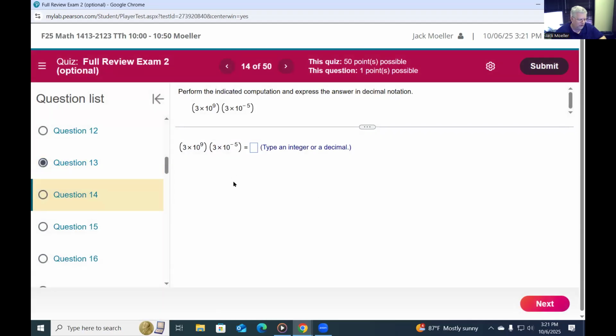Okay, and so you're going to have some conversions back and forth, and then you're going to have either a multiply or a divide problem. We talked about in class doing it by hand. The most common way to do it by hand would be to convert to decimal notation first, which in this one it wants the answer in decimal form. So if you go to decimal form first, then you don't need to go back to scientific notation. That would be a large number, 3 followed by 9 zeros, that would be a small decimal number, and then you just do the calculations